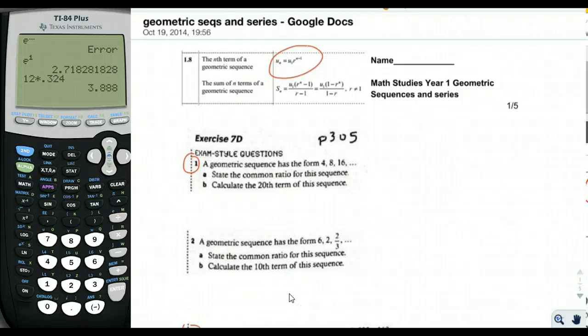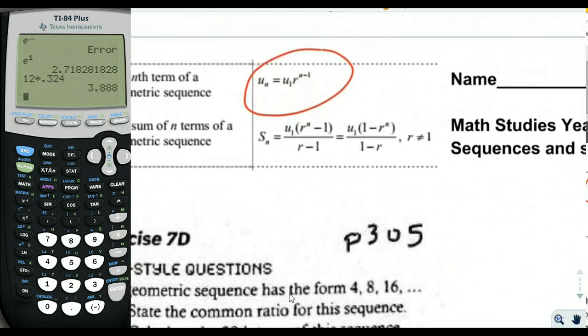Okay, geometric sequence and series, page 1. I'm going to give you some hints on how to do the first page of problems. Before I start, let's just recall that in our investigation, we looked at a geometric sequence, and the geometric sequence